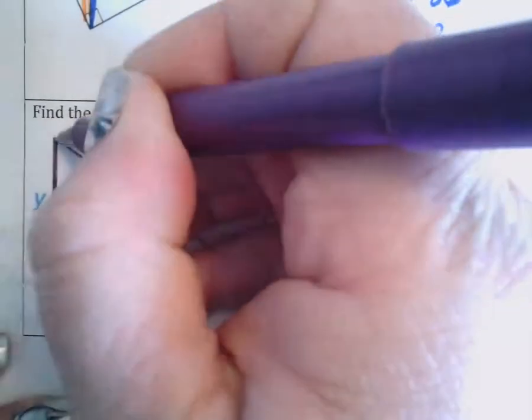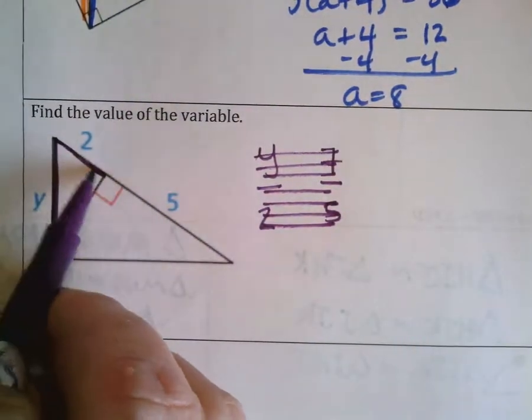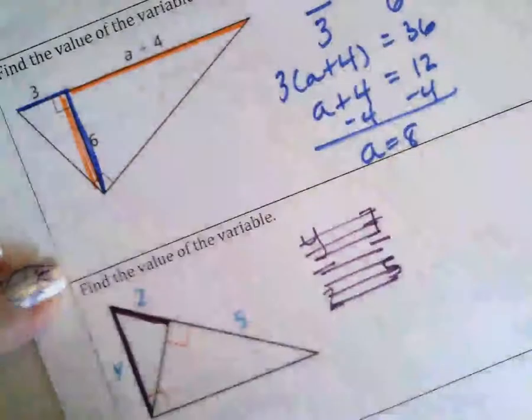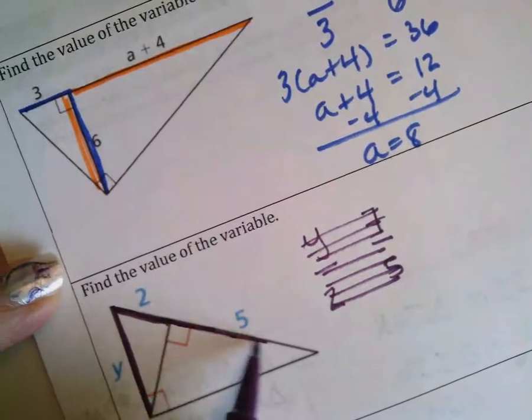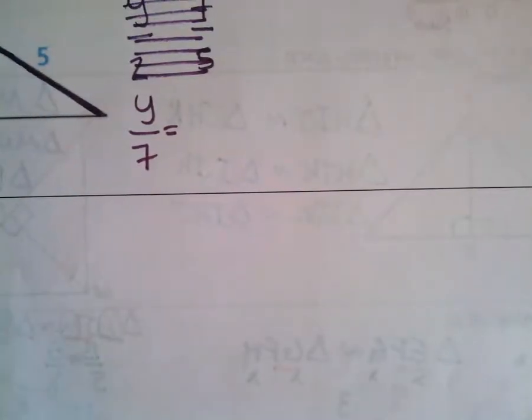So this is y, my hypotenuse of that triangle, and my whole triangle, which is 7. So it's y over 7. Oh, I actually probably did have it right then. Y over 7 is equal to